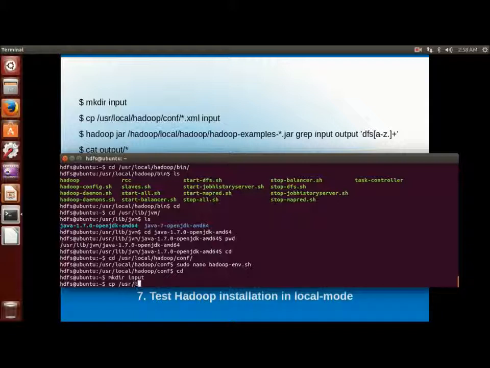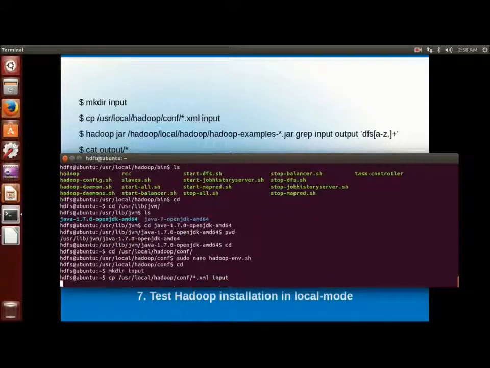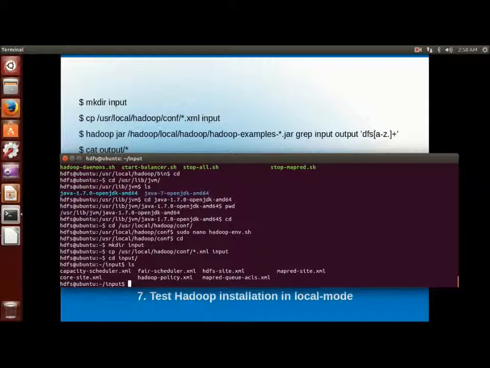What we are doing is creating an input directory under the home directory of HDFS, and we are copying the XML files which came with the tar file to the input directory. We are using this input directory as input to this example, and we are running Hadoop.